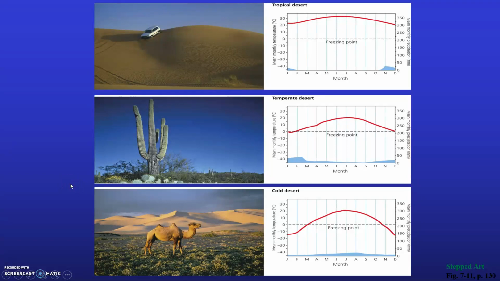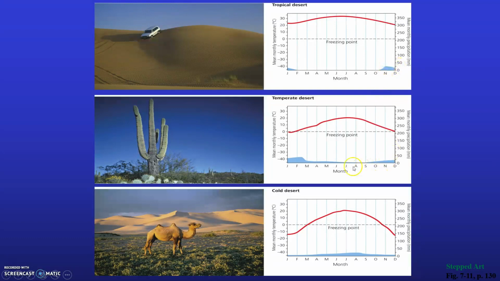I'd like to make a correction to the previous slide that I discussed in the earlier lecture. I was referring to this red line when I was talking about rainfall. However, it's the blue area down below here that represents the rainfall. So in this diagram, you can see that in a tropical desert, the rainfall is depicted as less than 50